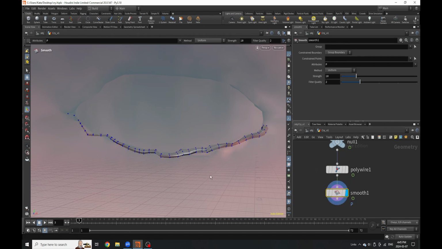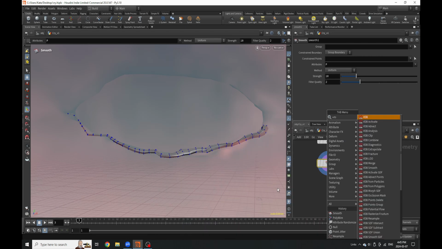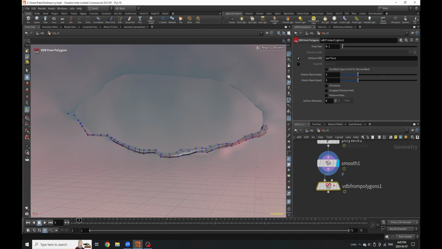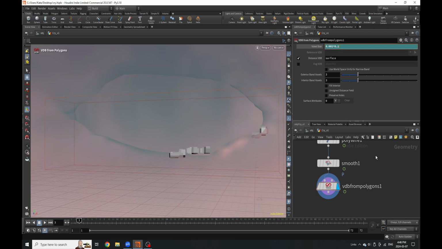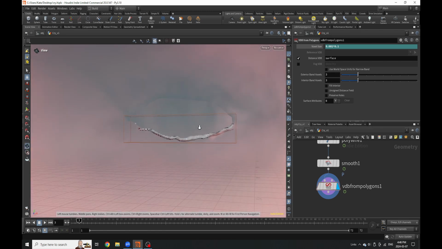Now we want that kind of tier to build and bulge over time. So how can we do that? Let's use something called VDB from Polygons. So VDB from Polygons, if we go here and we lower the voxel size to something that is going to sample our polyline accurately, it's going to need to be really small. So you might take a lot of patience in this regard. So what we're going to do is just times it by 0.4 like this,